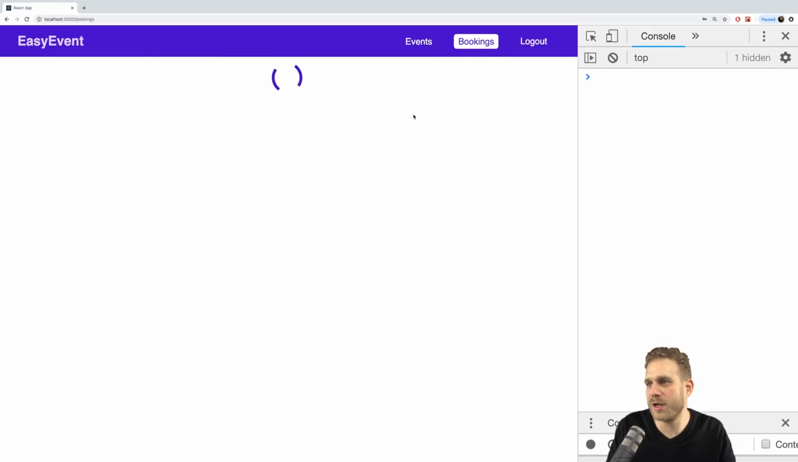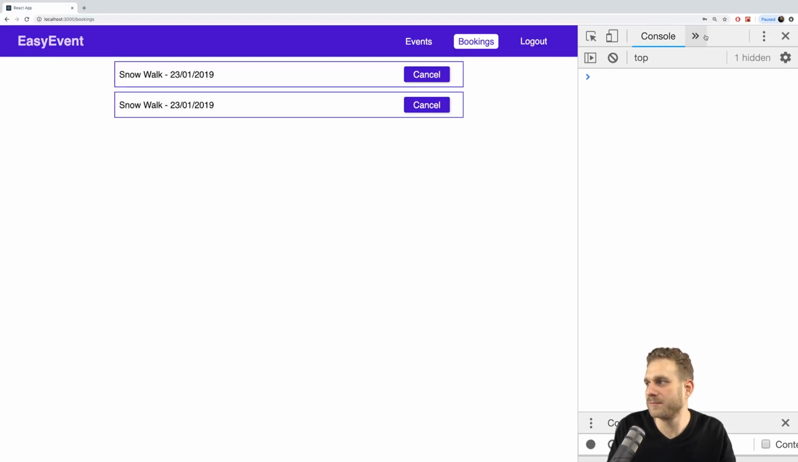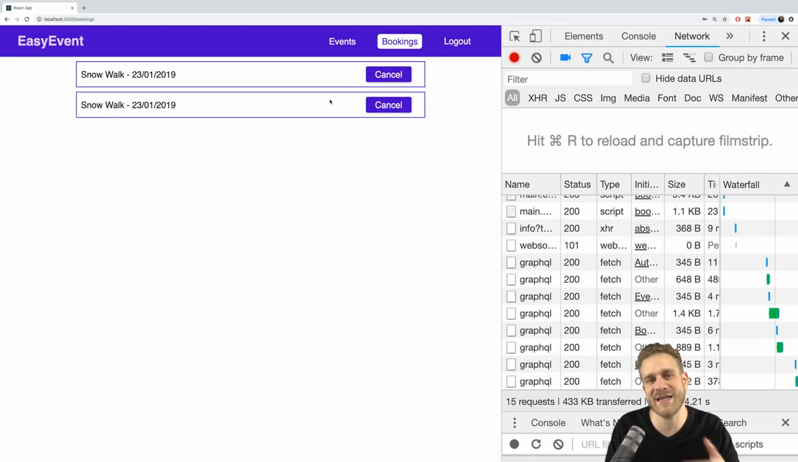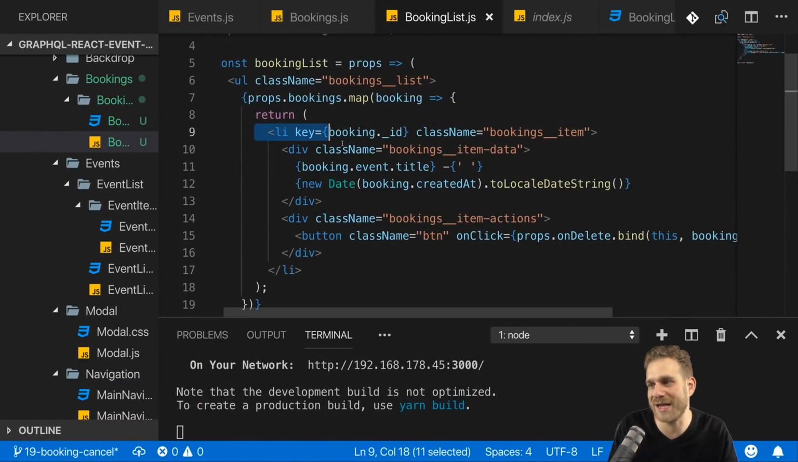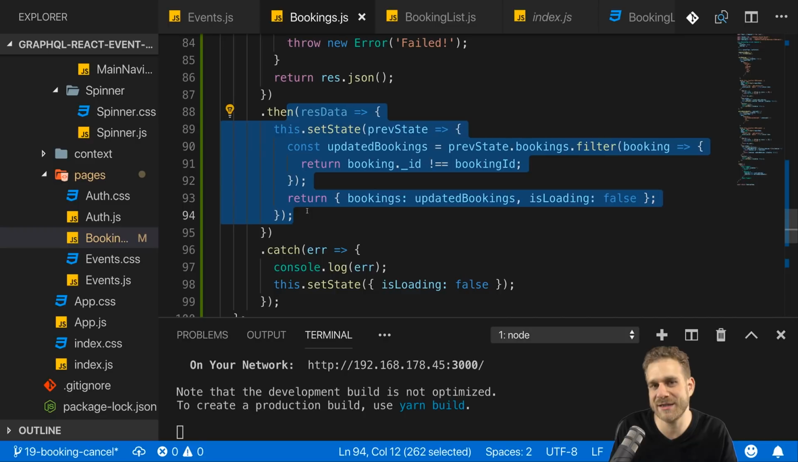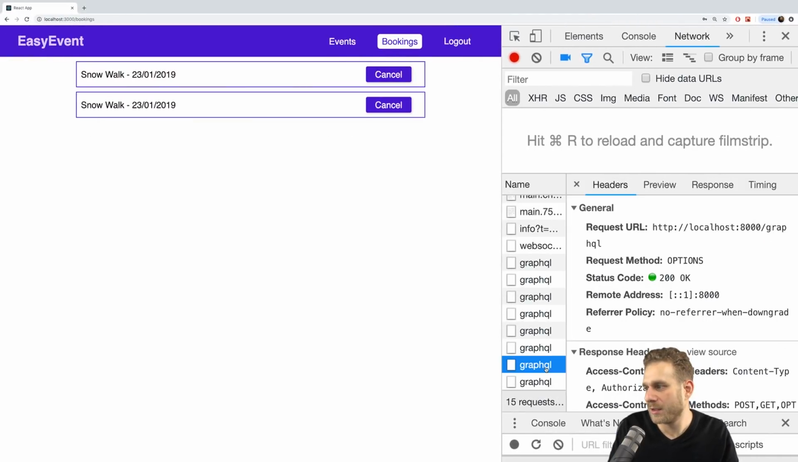And now here on the bookings page, let's try canceling one. Doesn't look too bad. Now, is it really gone? Let's explore the network tab. Because remember, the fact that we don't see it here is simply related to the fact that I'm filtering it out manually with that filtering method here in the then block after sending the request. But I'm still positive that it worked. If we have a look,